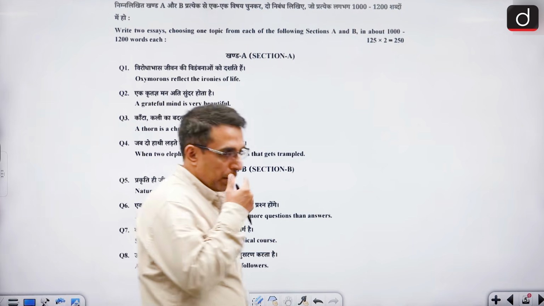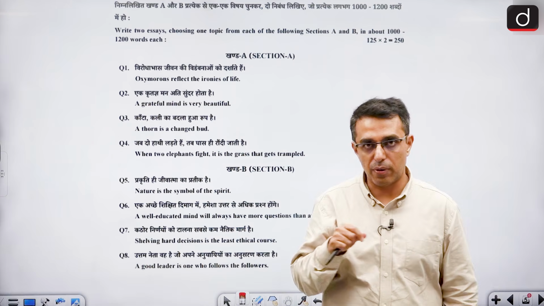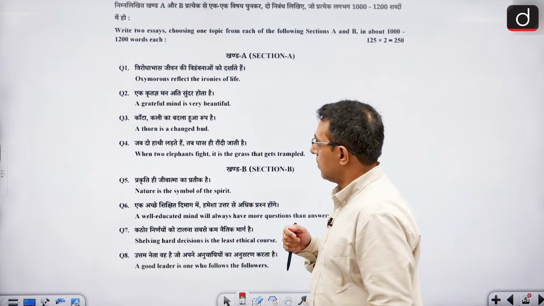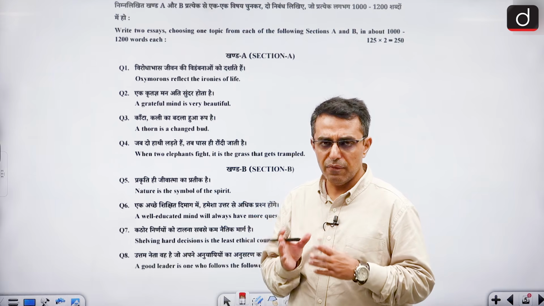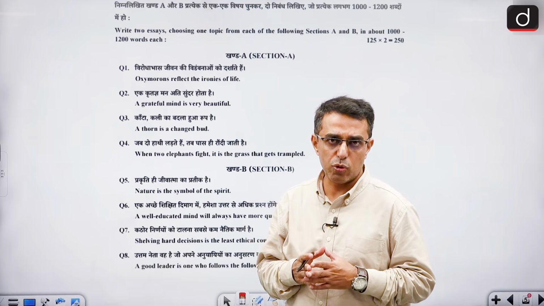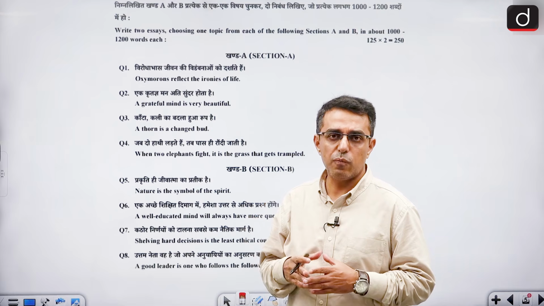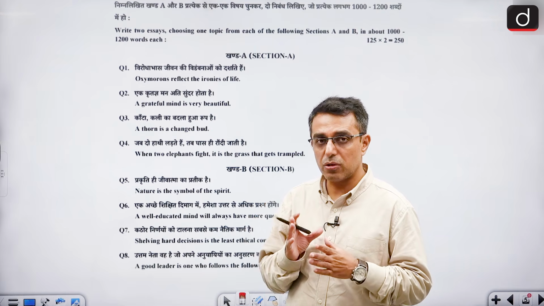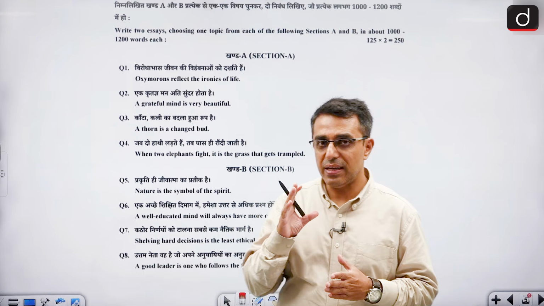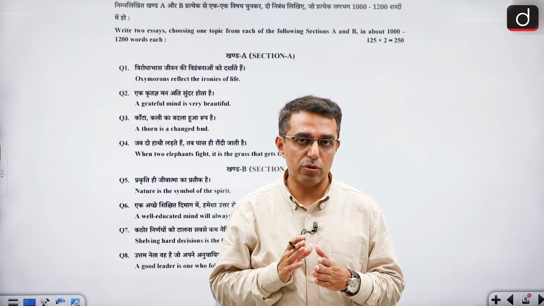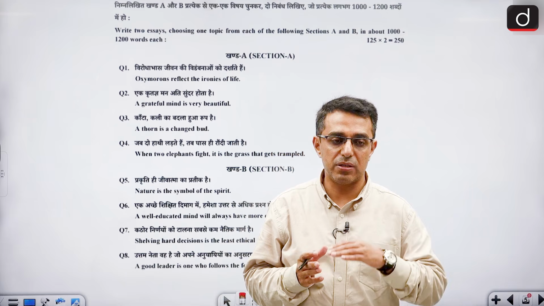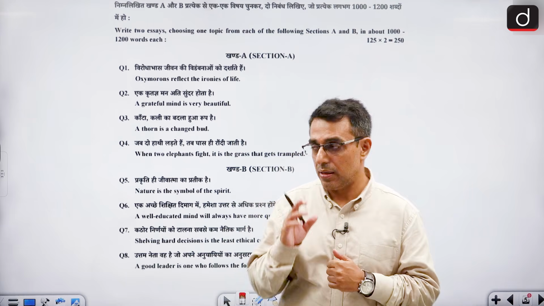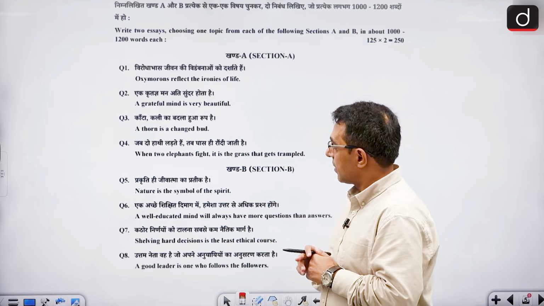Right. So we have to choose one topic from these 4, and here we have to find out which topic appeals to us the most, on which topic we can think of most points, and which topic is also very, very clear in its meaning, so that we do not digress from it, or we may not write an essay which is totally opposite of what has been asked. So that is very, very critical.